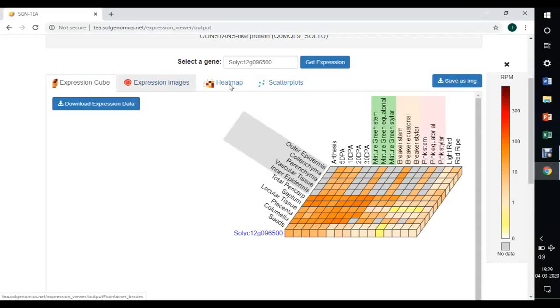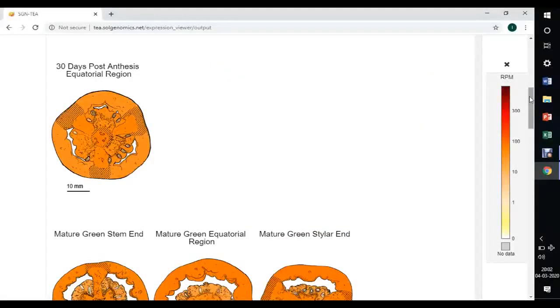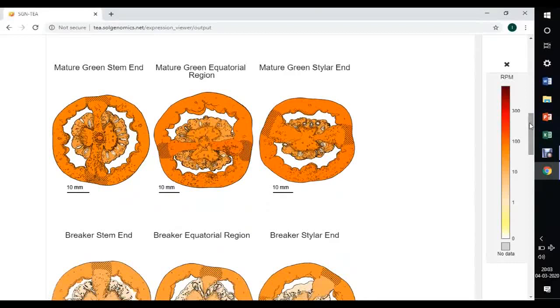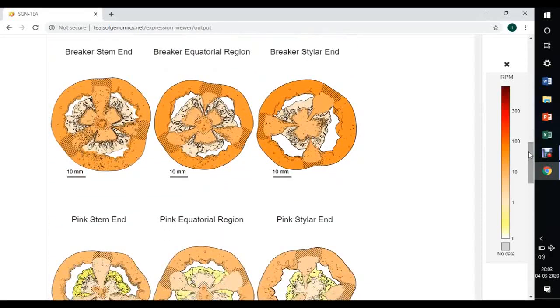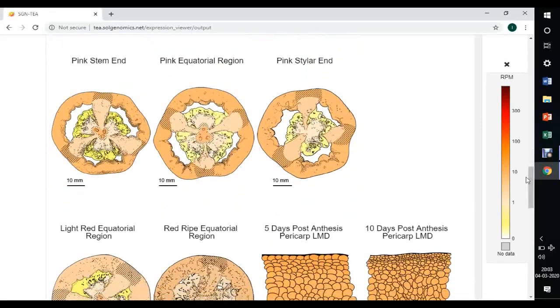Other options to view the expression are heat map and scatter plots. In these images, you can find details of expression as images. The darker the color indicates the more expression, and the lighter the color indicates the less expression.